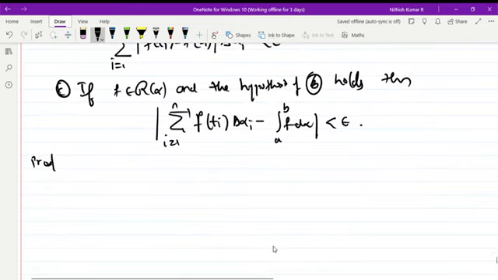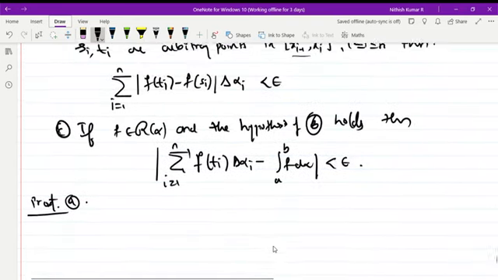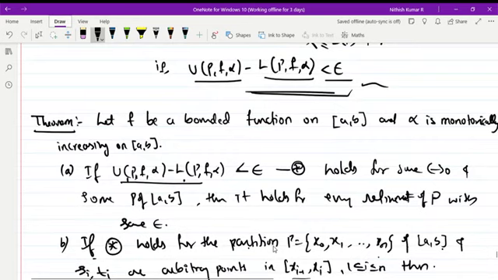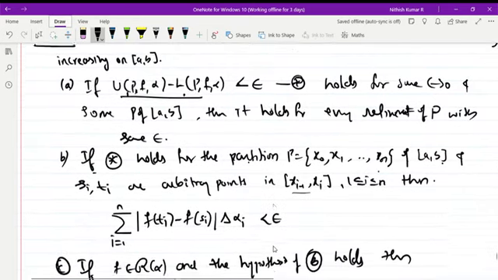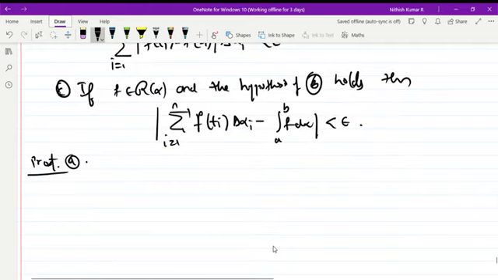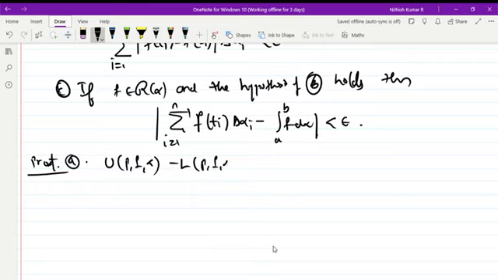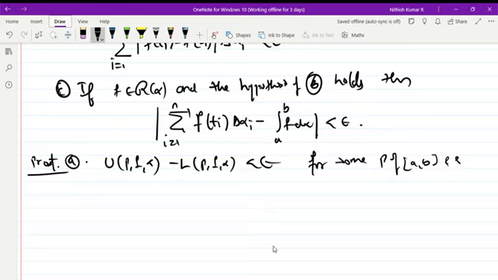So the proof of A. It says suppose U(P, f, alpha) minus L(P, f, alpha) is less than epsilon for some epsilon greater than 0 and some partition P of the closed interval a comma b. So let P star be any refinement of P,